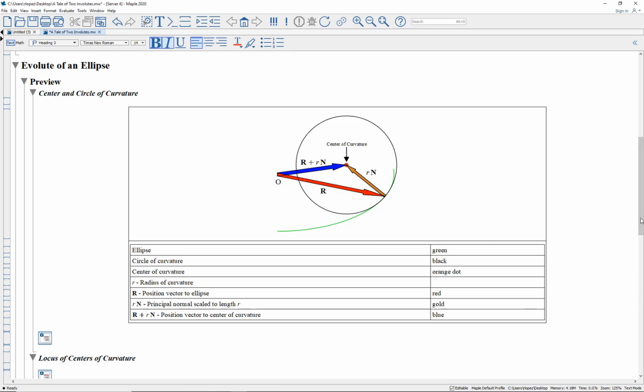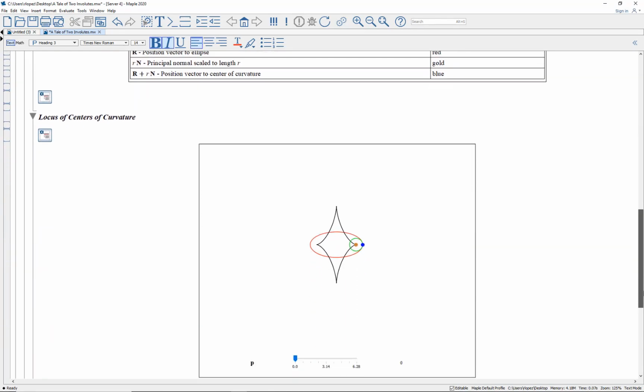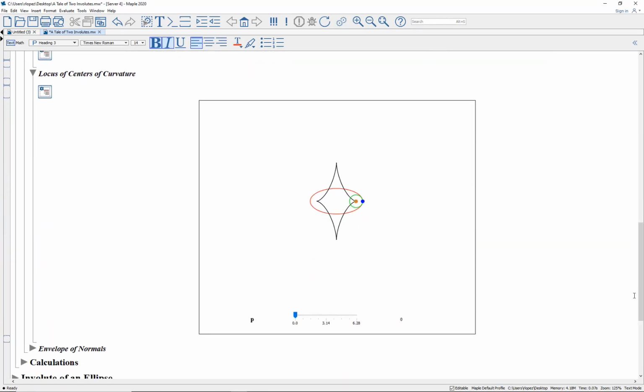What will that look like for our ellipse? Okay, so in red we have an ellipse. The green circle is a circle of curvature. The blue dot is the point of contact at which you construct the circle of curvature. Now this black curve is traced by that center of curvature. The gold dot is the center of curvature,